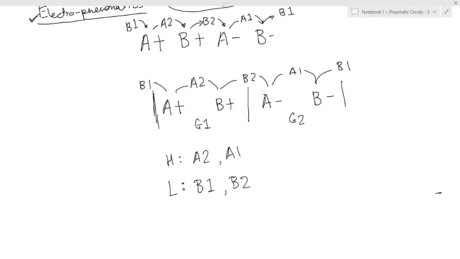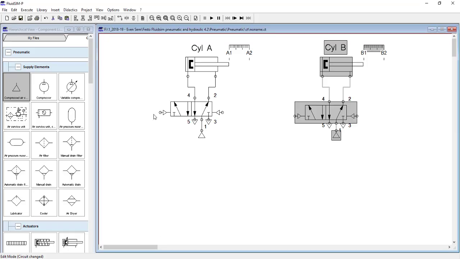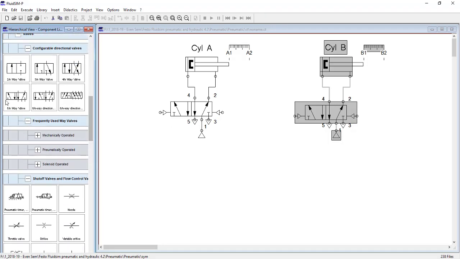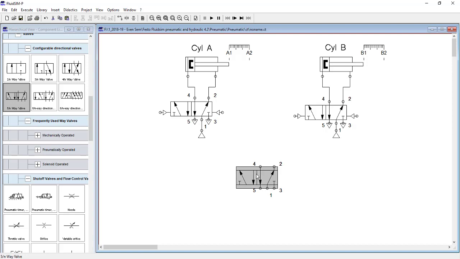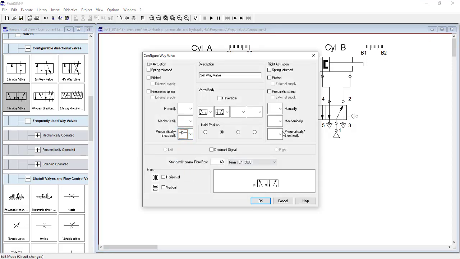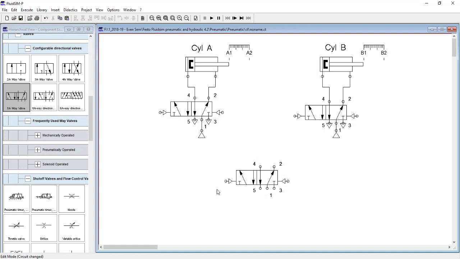So what can we do over here? Over here, we can create the 4 limit switches. But before creating the 4 limit switches, because there are higher and lower limit switches, we will require a 5 by 2 direction control valve. The higher limit switches will be above the 5 by 2 direction control valve, and the lower limit switches will be below the 5 by 2 direction control valve, right? So there will be an extra 5 by 2 direction control valve over here. As this is a pure pneumatic circuit, everything is pilot actuated, right? So this is our 5 by 2 direction control valve over here.